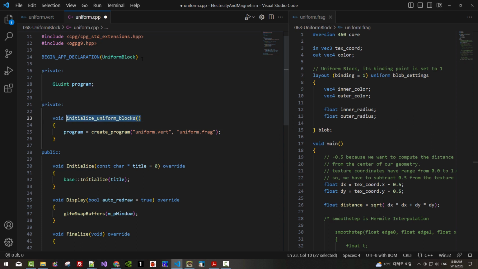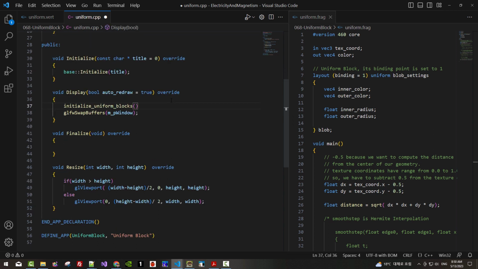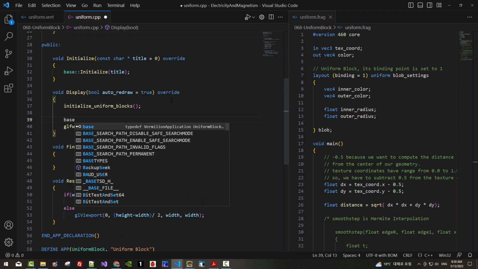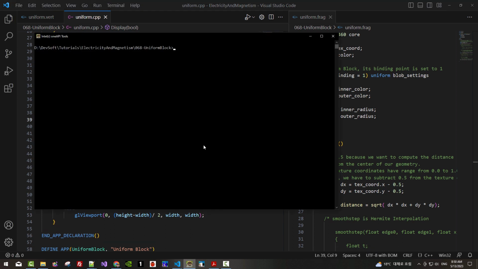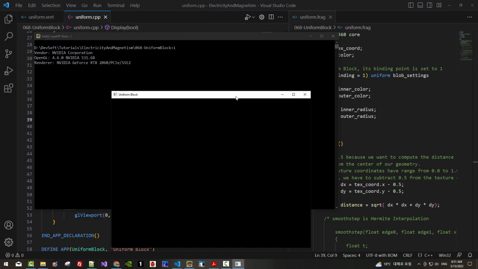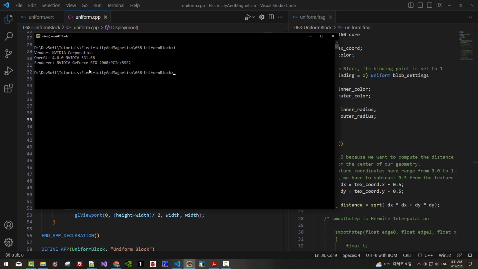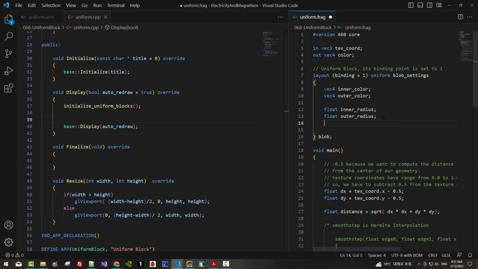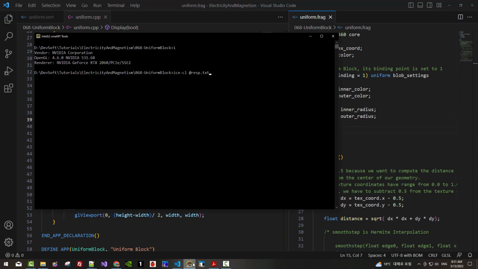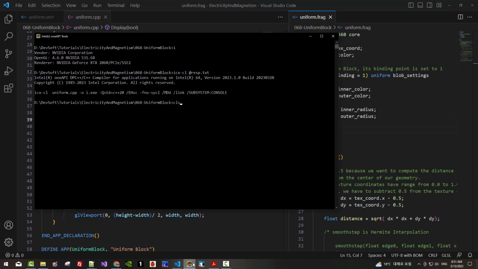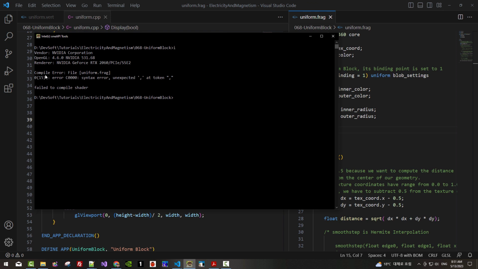Copy this function, paste it in function main. Base, display, auto, redraw. I will delete this part. Now we rebuild. CLS I. You should be able to build successfully without error. If you make, for example, an error here, you should not be able to build. CLS I. Compile error